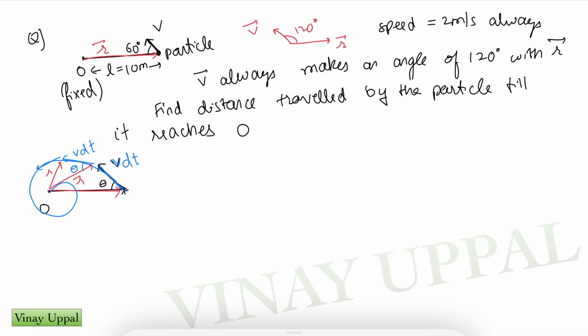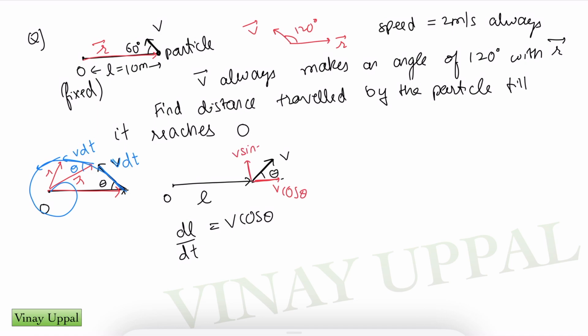We have to realize that in general, if I have a particle, and this is my position vector, let's say its length is L from the fixed point O, and the velocity is making an angle theta at some instant. dL by dt, the rate of change of the length, is going to be the component of velocity along the length. So it's going to be equal to v cos theta. So when I break down this velocity into two components, it will be v cos theta